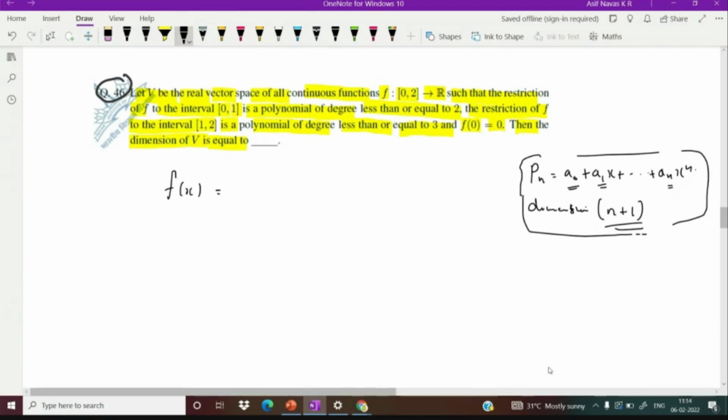In all questions, there may be some hidden terms. For example, here V is a space of continuous functions. So an important point is that f of x is continuous. And also we are given here that f of 0 is 0. So these are the clues that lead to the answer to the problem. So f of x is